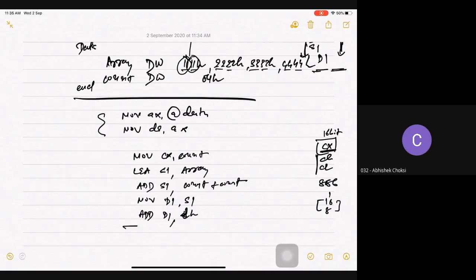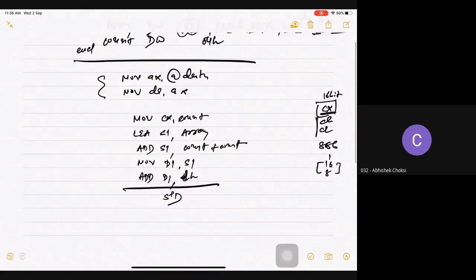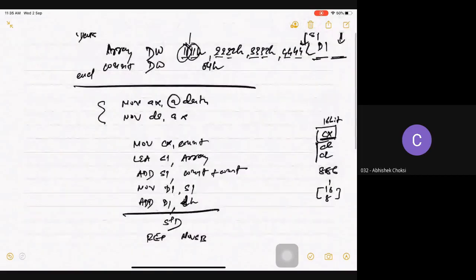Now next what to do? Simple. STD, standard, so I want to go downwards. Then REP MOVSB. My all data will get transferred. But how many times will the loop get executed?